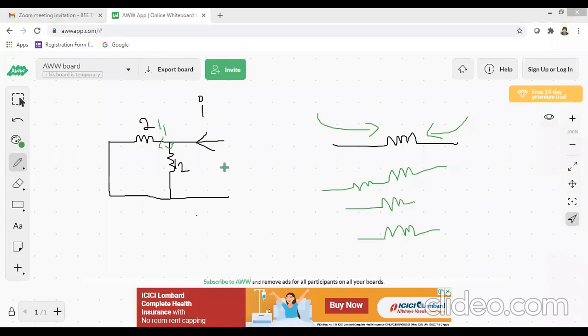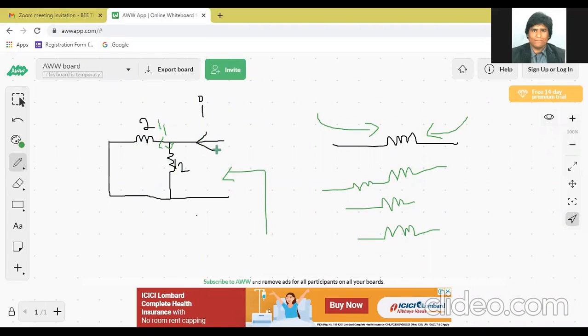Yeah. See, we are having two resistors, the same circuit I have brought, 2 and 12. How are they connected? We are watching the circuit from A and B. Okay, I am watching. But how to tell whether they are connected in series or parallel? Assume the current is flowing from the terminals A and B. Okay, current is flowing, I am assuming here.